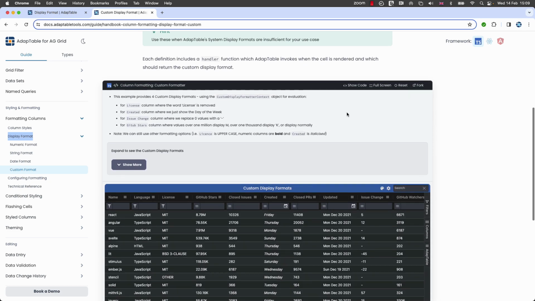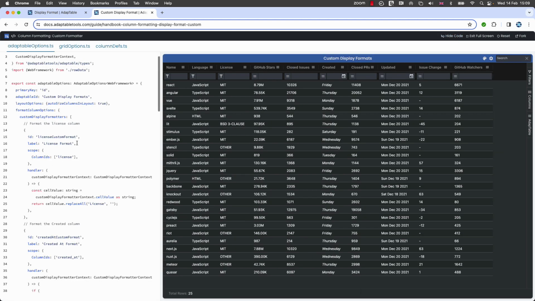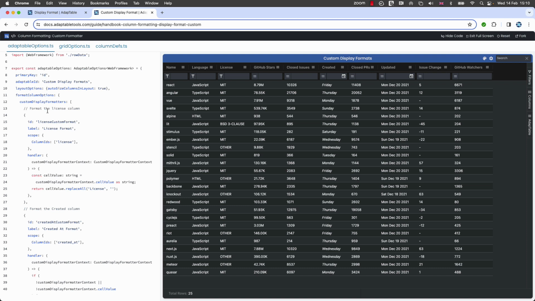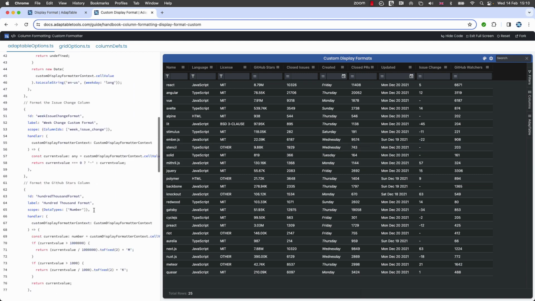In this example here, let's show the code. We've actually created a number of different custom formats. We've created one for the license column. We've done one for the issue change column where if it's null we show a dash. We've done one for the created column where we show the day of the week, and lastly we've created one